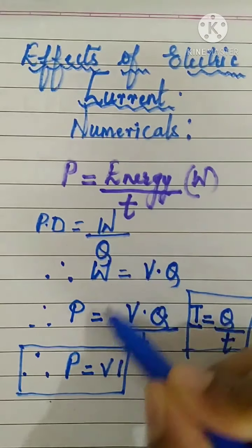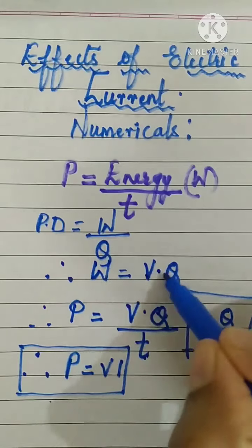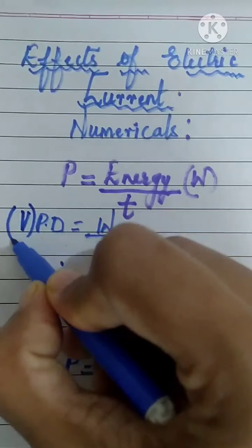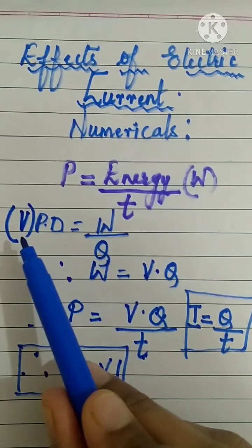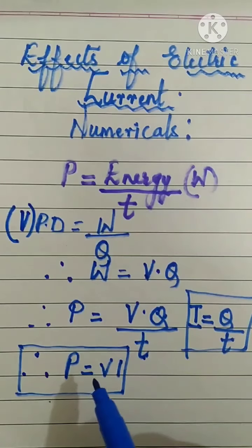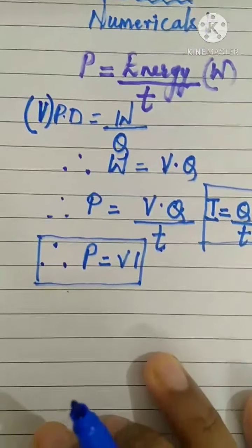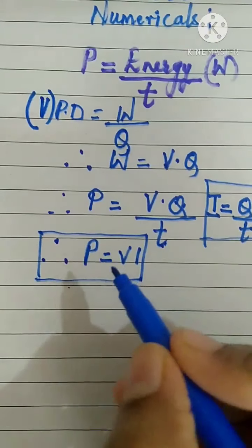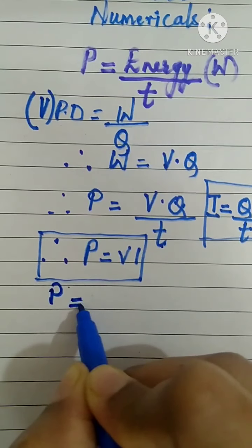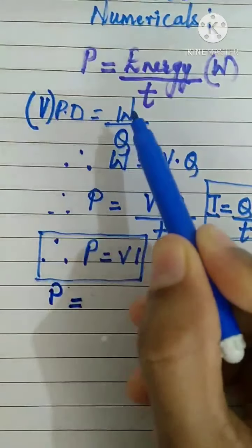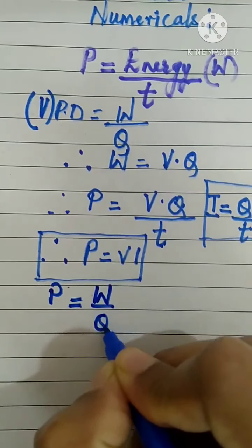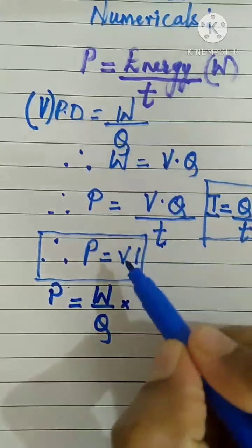Okay. So I will again go up. What is V? W upon Q is V. V is nothing but potential difference or volt. So here I'll put V also. V for volt. Unit of potential difference is volt. So now let me write. In place of P, I'll write the same P only. Power is equal to, what did we get? V as W upon Q, work upon charge, into, what is this I?